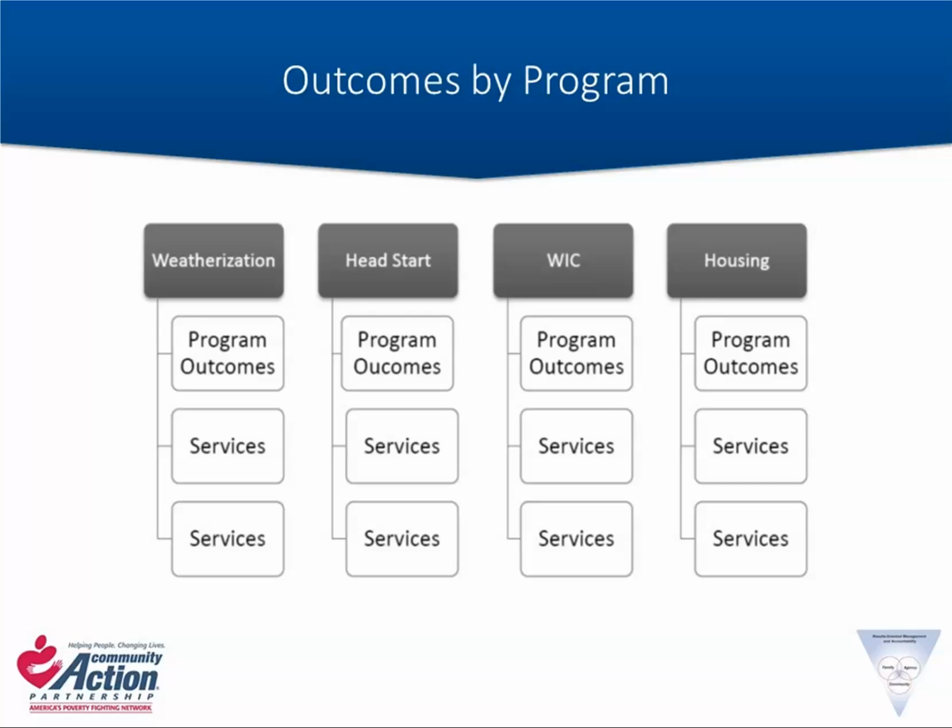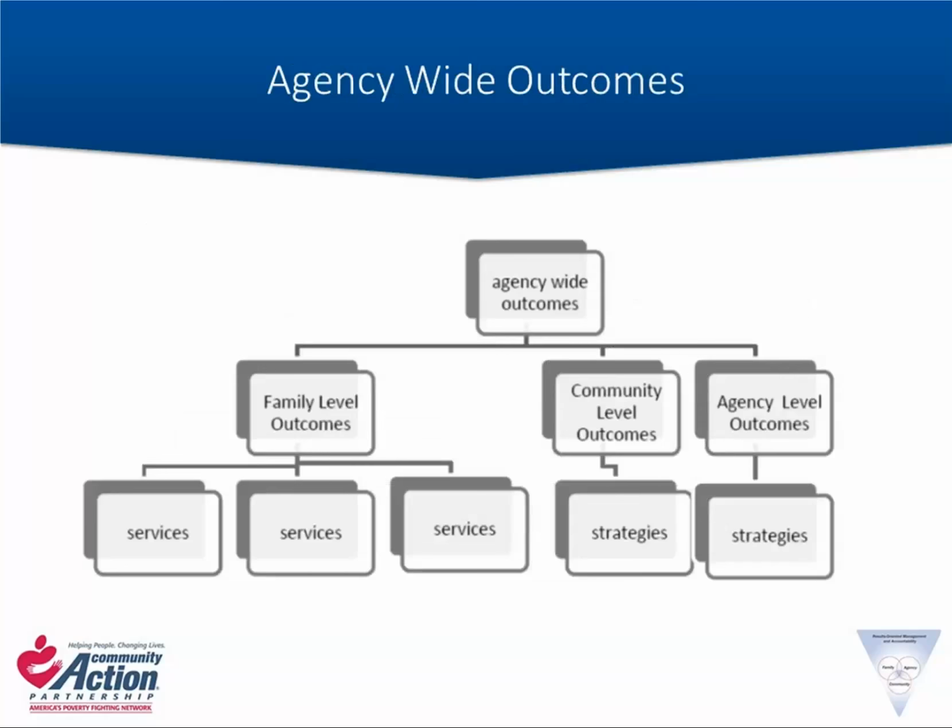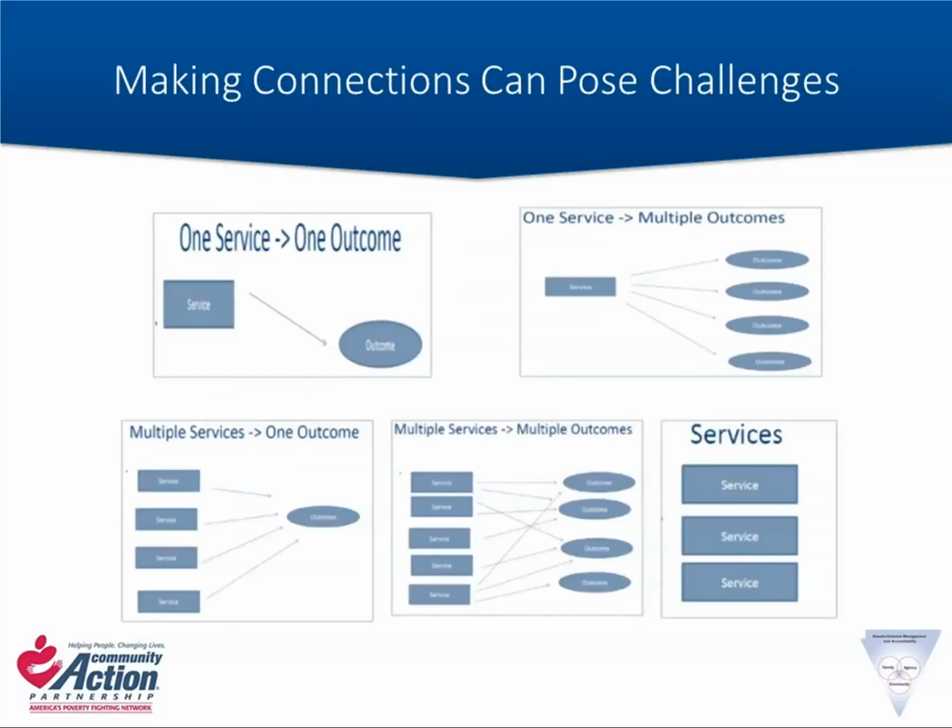But if you're looking at agency-wide outcomes, where you're looking at family outcomes that are produced by services that might be from many different kinds of program areas, and you're also looking at community outcomes and agency outcomes, you're looking at all of these outcomes from an agency-wide perspective, then you need to start thinking about how the connection is made and how you can share that data. One of the things that you find to be problematic is that you don't know what service necessarily is